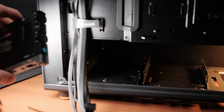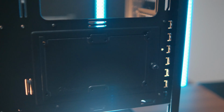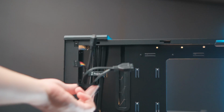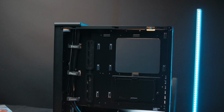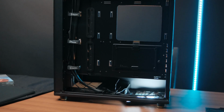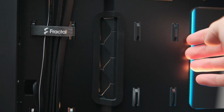You can mount a 2.5-inch SSD in those 3.5-inch drive bays, or you can mount it to the back of the motherboard tray. Cable management is also extremely easy on this PC case. All the front panel connectors are pre-arranged and pre-sorted, very neatly labeled and very easy to deal with. There are pre-installed Velcro cable ties on the back of the motherboard tray, plenty of places to tie cables down to, push ties included inside the bag, and all the screws that you need as well if you're wondering